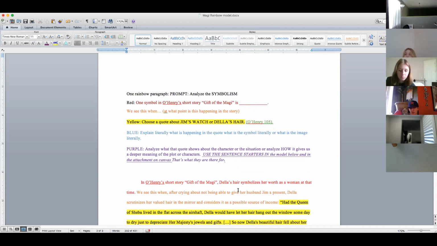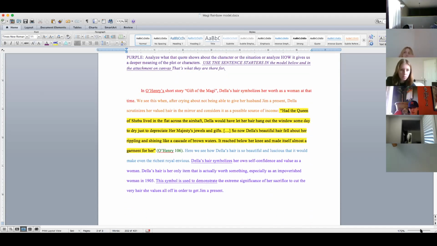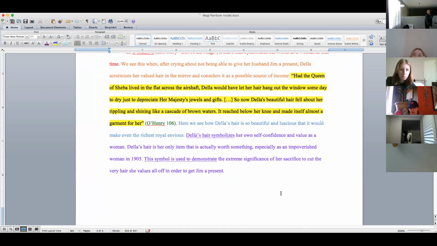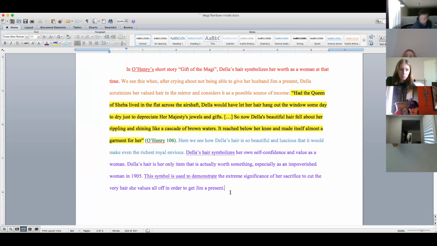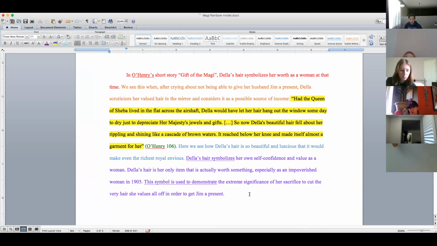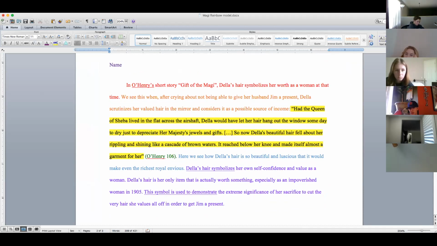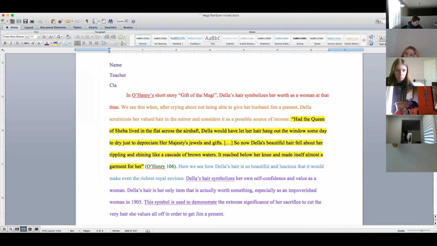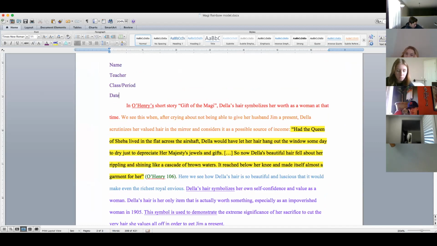Okay, so this is a sample paragraph, and I'm just going to read it out loud so you can get a feel. And as I've done since the beginning of the year, I always give you sample paragraphs. But I still get paragraphs that don't look like this. And I don't mean that don't have the exact same words, because obviously you're not plagiarizing. But your paragraph should physically look like this. Like visibly from afar, all of your paragraphs should look the same, right? It should have your name, your teacher, the class, and the period, and the date, and that's usually the due date is what's recommended.